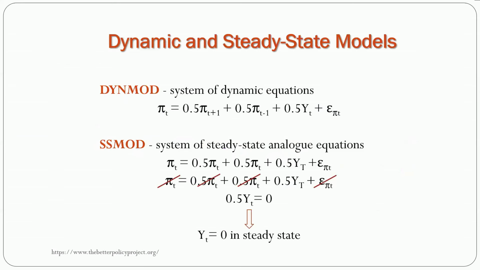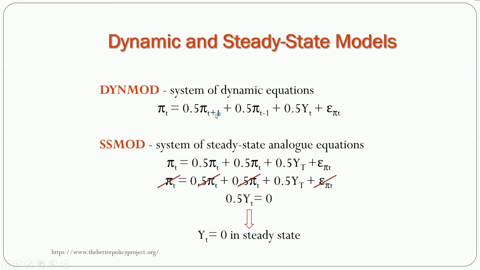Okay, so steady states refer to conditions where the economy operates along a balanced growth path, with variables like inflation, output, and debt to GDP ratios remaining constant. To illustrate, consider a simplified inflation equation. Here you can see the inflation equation, and this equation is dynamic due to the inclusion of both leads,